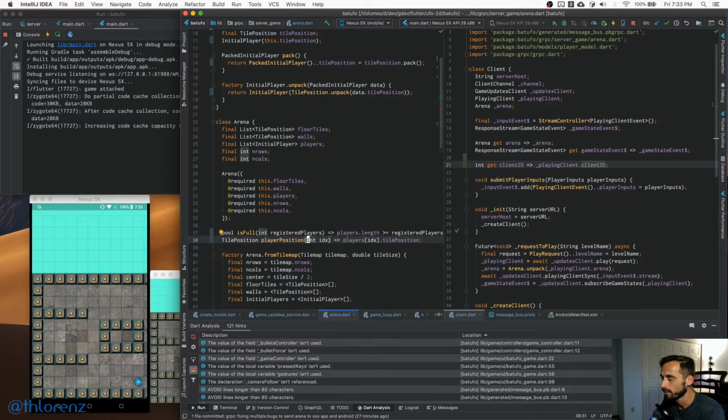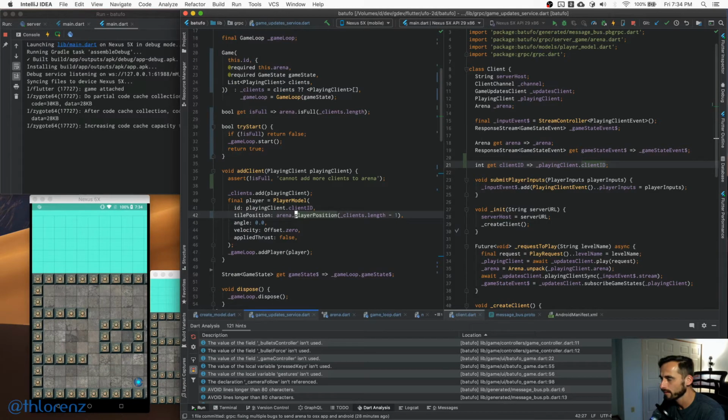We should never have more registered players than players, so let's just not allow that. Then we say, give me the player position of a certain player, and let's see where we call that. Basically what we're doing is, when we do that in the game update,